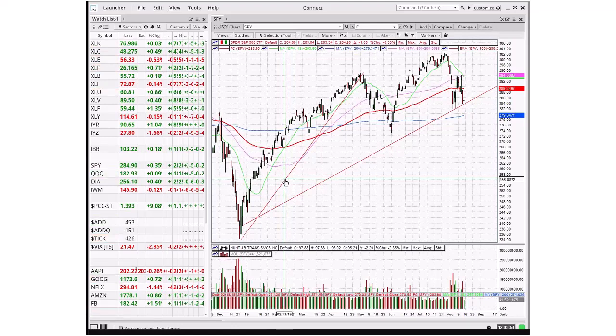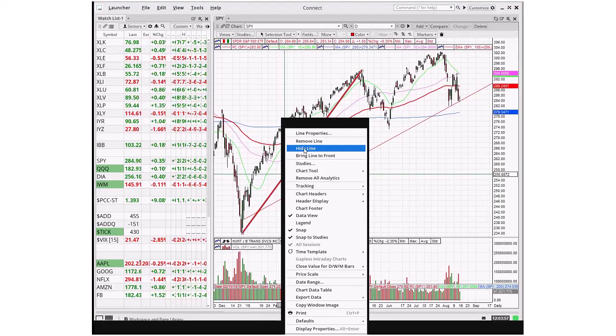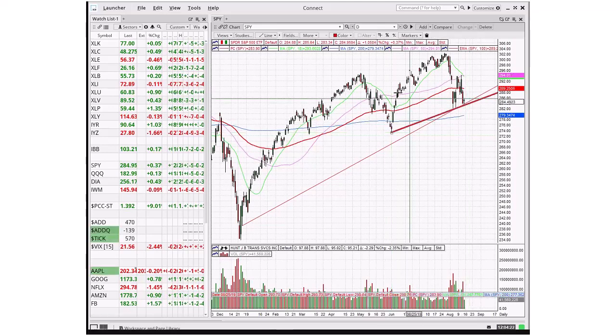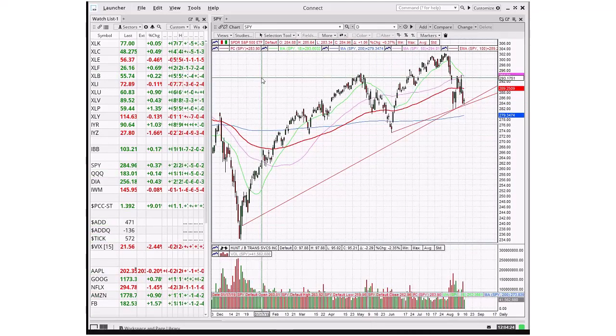The other one we could do is go from May through last week's low to today, leaving out December. I think that lines up really quite well too. In other words, we have slope support in play right now, and the question is, do we bounce a little bit and break through it? Which is my guess, quite honestly. And that's why I highlighted this one because I know that is one of the things that you look for, especially when you're in